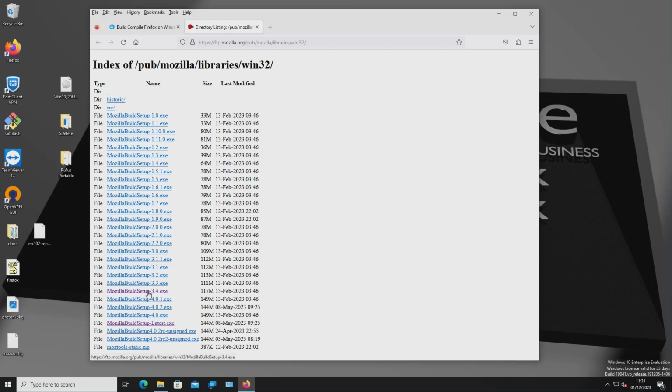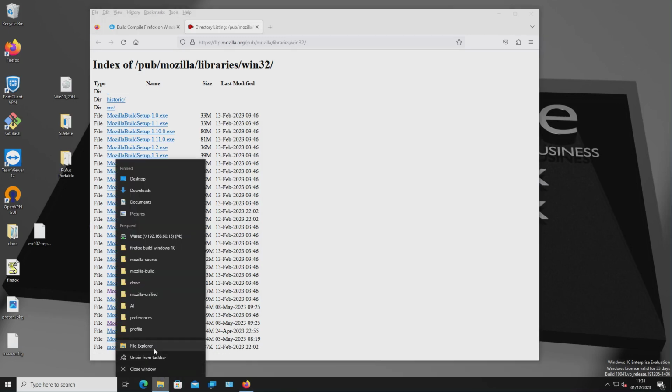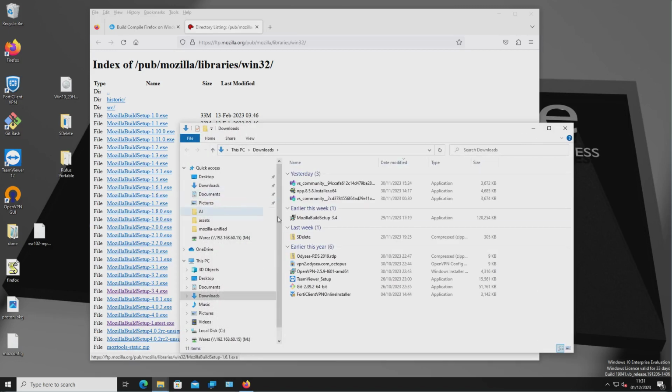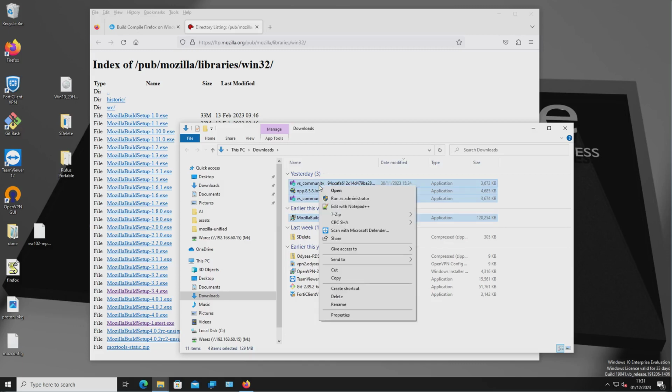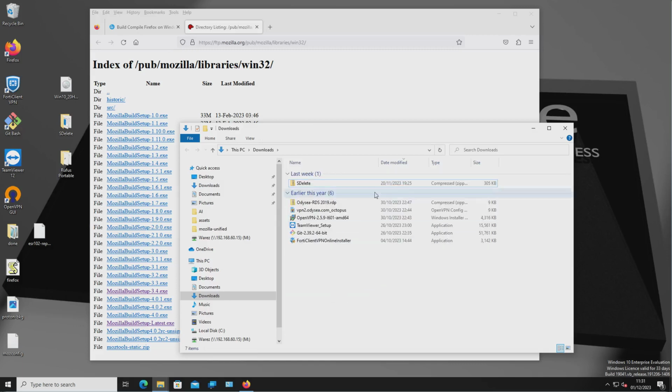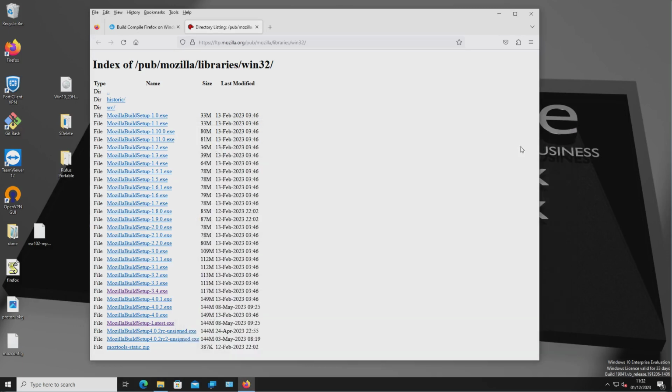So if you download that, and I think I've already got it, you can see I've been doing some downloads. Yes, so if you download the 3.4,